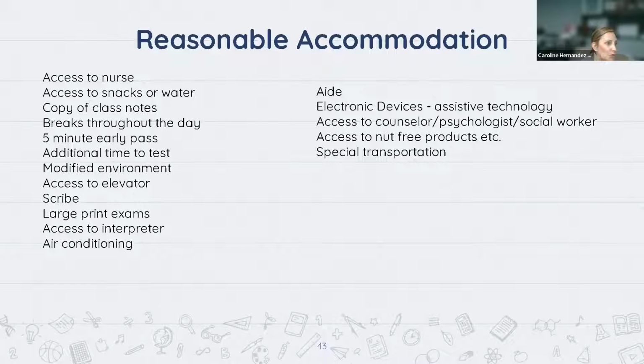So these things are something that do not necessarily require the same full and comprehensive evaluation, but students might have rights to and may very well need in order to participate in the general education setting or in the school environment. It could be access to an elevator. It could be access to large print exams. They may not need any academic support, but they might need some kind of support or modification to the environment in order for them to benefit the same way other students are able to.